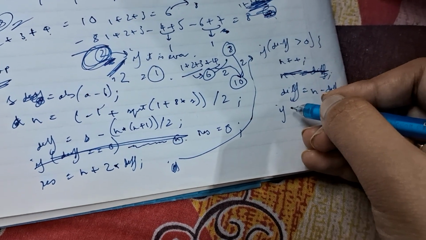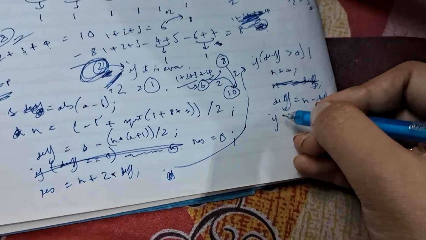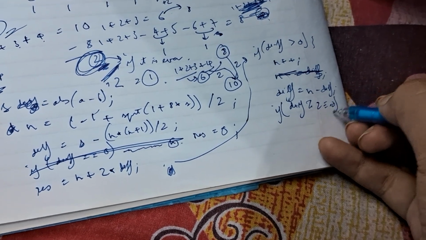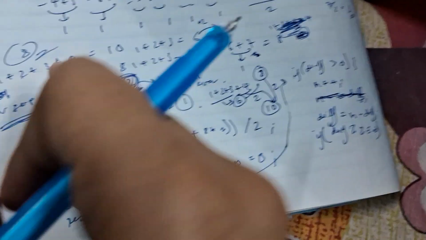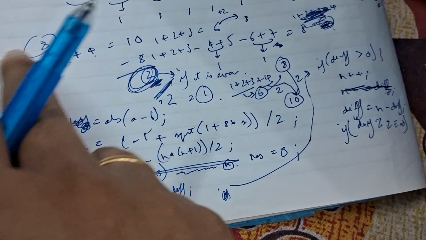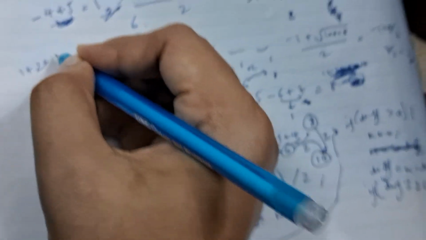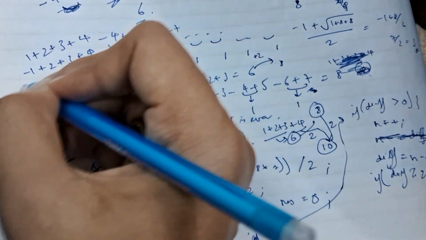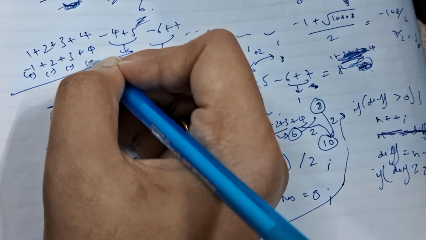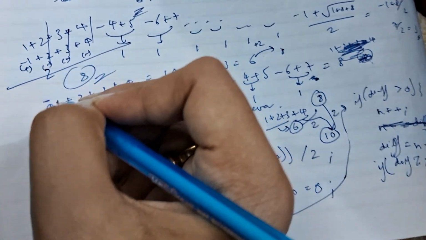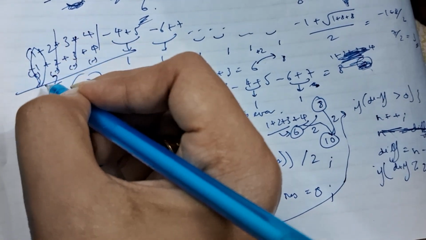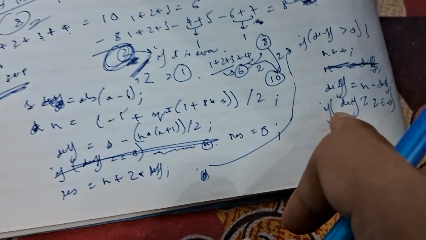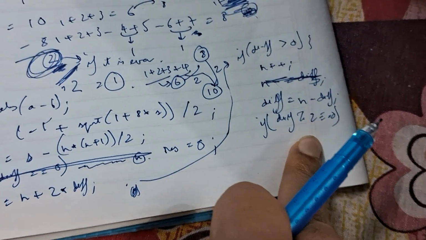Now again we have to check, first of all, as I mentioned, whether difference mod 2 is equal to 0, because if it is an even number, since I told you that if we make it minus 1, so minus 1 plus 2 plus 3 plus 4, and 1 plus 2 plus 3 plus 4, the difference of them is going to be 2, right? So whatever the number is, into 2. Since it is into 2, it has to be divisible by 2. So if the difference is divisible by 2,